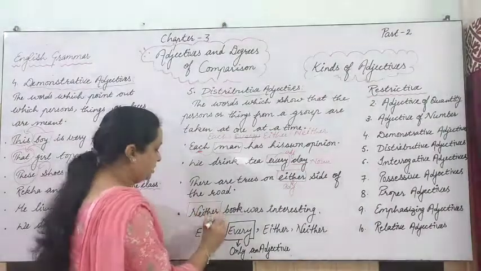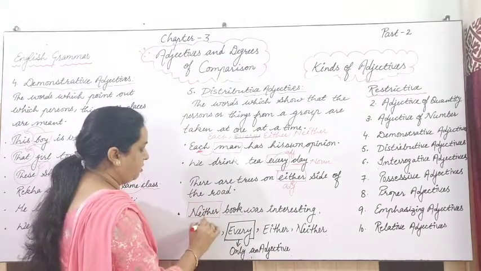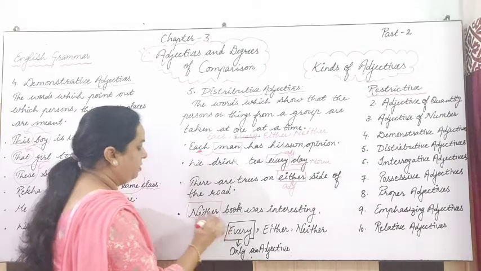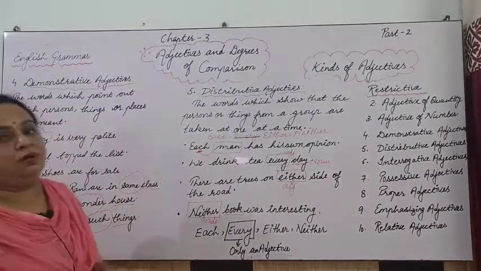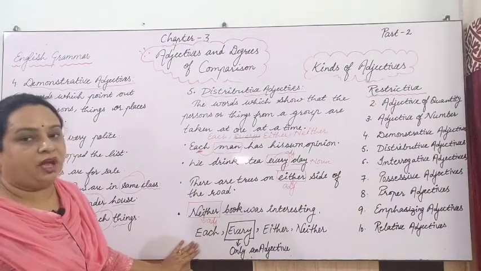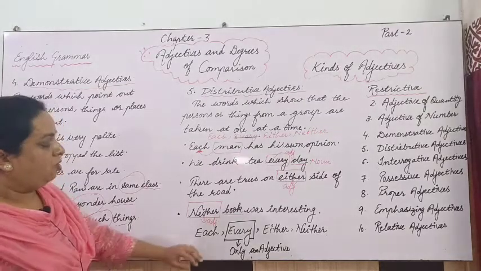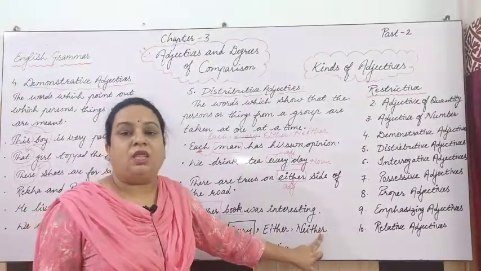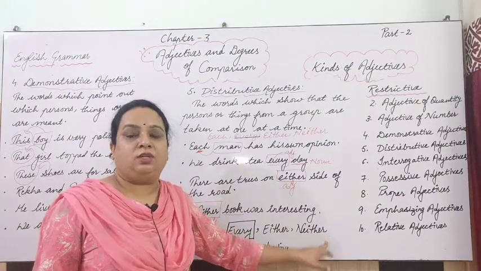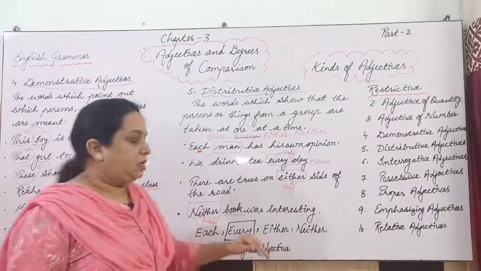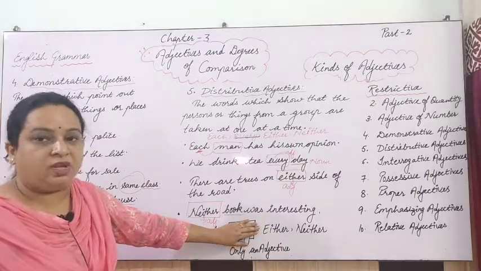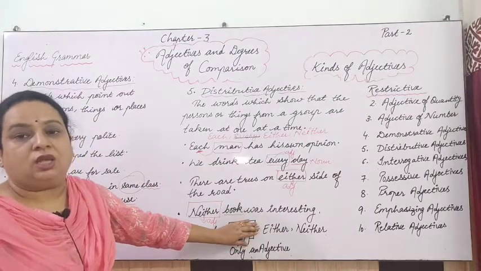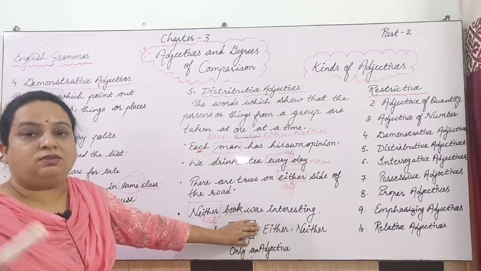That is the adjective, and the kind of adjective is distributive adjective. So we have learnt that the words each, every, either, neither are distributive adjectives. But if we look at the difference between distributive adjectives and pronouns,